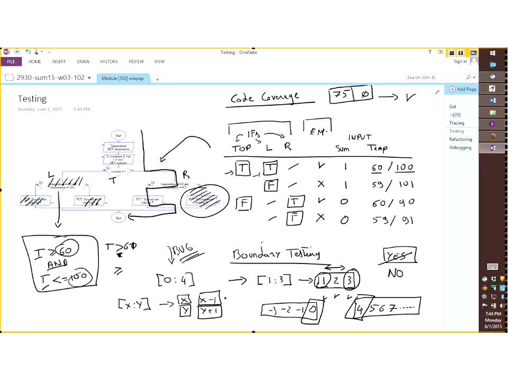I want to see you figure out exactly what is the minimum amount of tests that gives you a good confidence that your program is operating correctly. And I say a good confidence. I do not say that you proved that your program is operating correctly. There's a big difference.